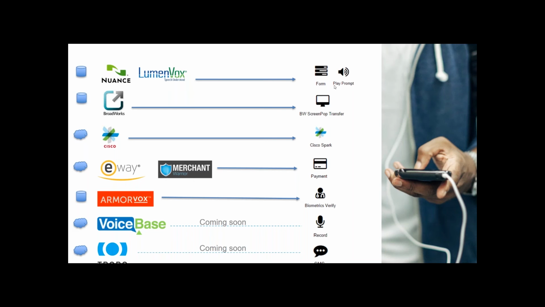Going back to the concept of Inference as a technology hub, what I've done on this slide here is actually shown on the right-hand side the various nodes within Studio, and then on the left-hand side, I've shown you what technologies are actually making those nodes possible. So if you look at a form node where you can capture spoken input, or a play prompt node where you can play a prompt out to the caller over the phone,